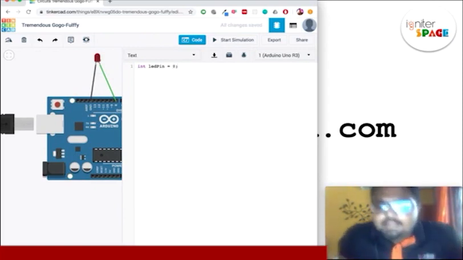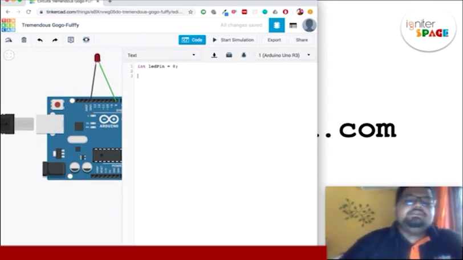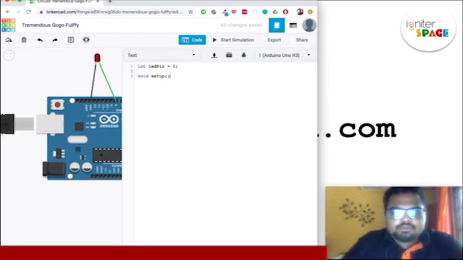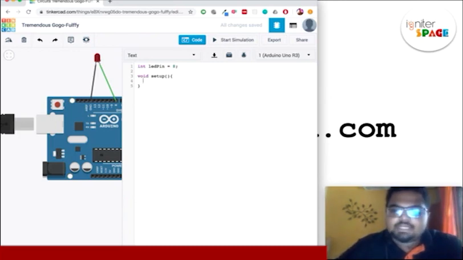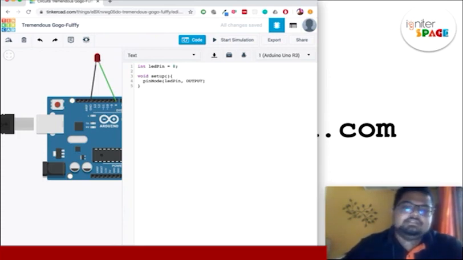Next, you're going to write the void setup. You have 2 brackets and 2 curly brackets. Put a space in between. Now I'm going to declare this LED pin, or pin number 8, as an output pin. So we use the command pin mode. The parameters are the pin number, which is LED pin, comma output. Can you all understand this? Yes, good. Then we'll go into the void loop,